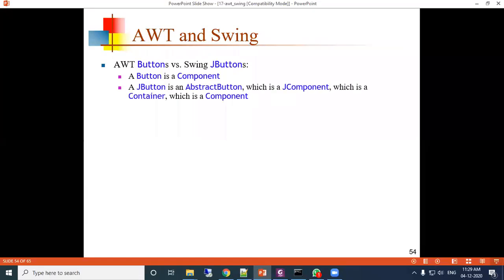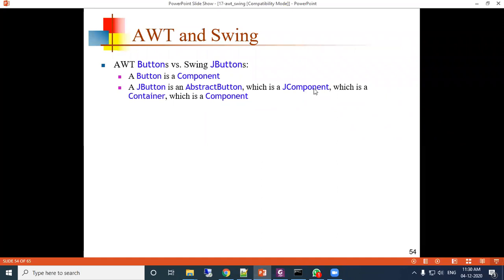A Button is a component. A JButton is an abstract button, which is a JComponent. Like Component, JComponent is there. It is a Java component, which is a container, which is a component.